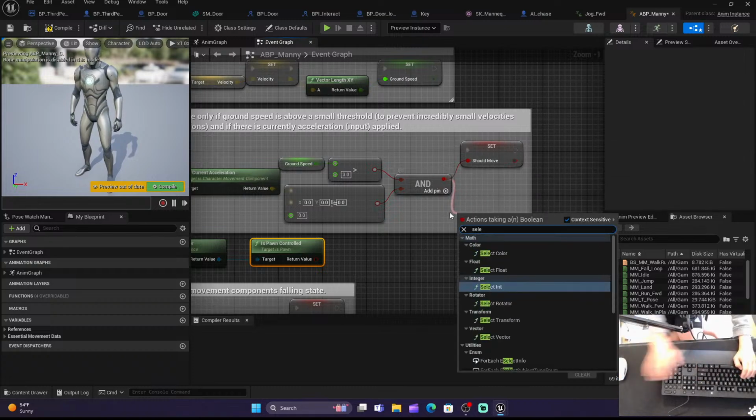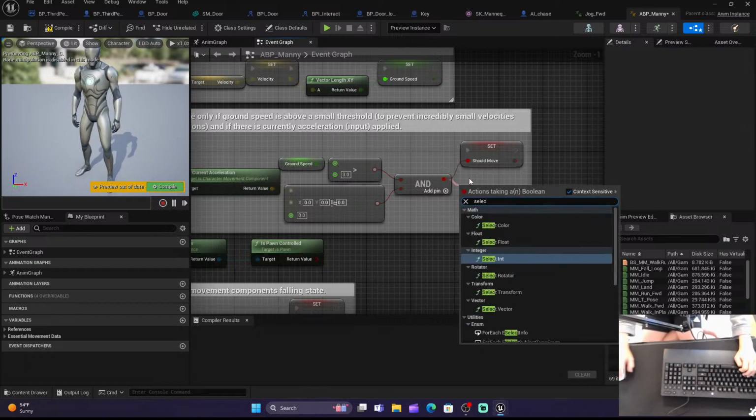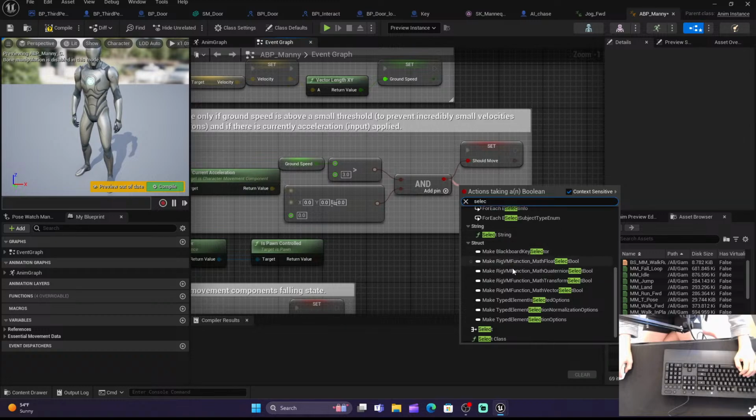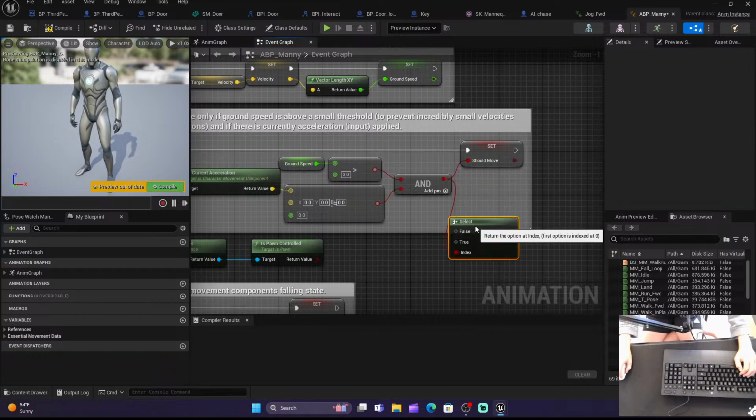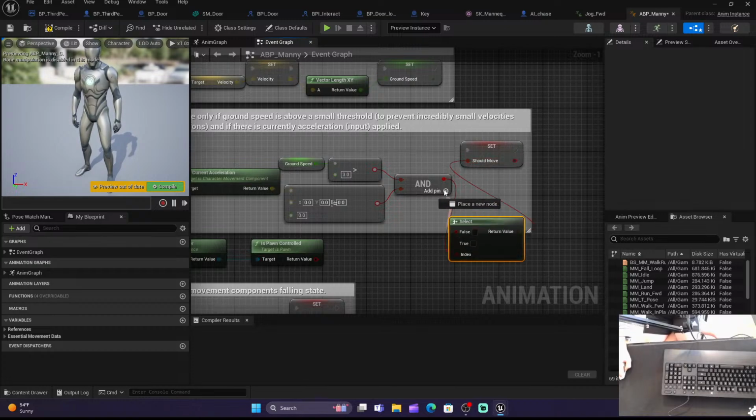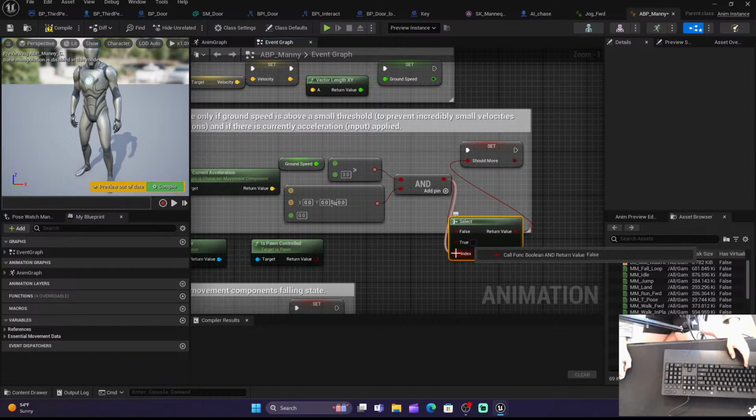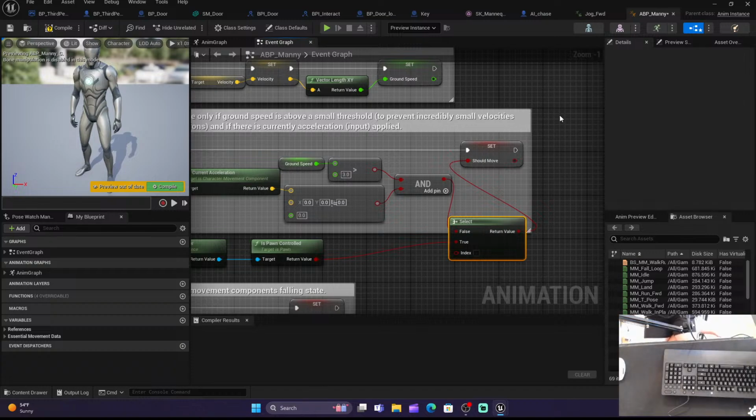Well, we're trying to get our is pawn controlled, so instead we are going to do a select. So this is just another Boolean return, and not a branch. So our return value is going to actually go into our should move, and this is going to be our false instead of the index, and this is going to be our true. So if our pawn is controlled,